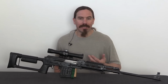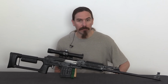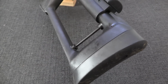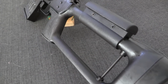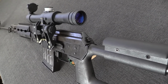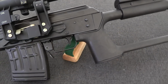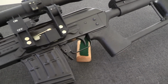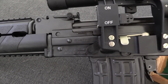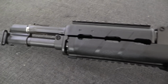However, in the late 1980s, they decided to get away from that, change over to 7.62 by 54 rimmed, and started development on a similar rifle that would use the 7.62 cartridge. This was adopted in 1991 as the M91, and it is not quite this rifle. When this was originally developed, the first versions of the M91 actually used a milled receiver, as did the M76. It was only in 2012 that the Zastava factory decided to switch over to using a stamped receiver on the